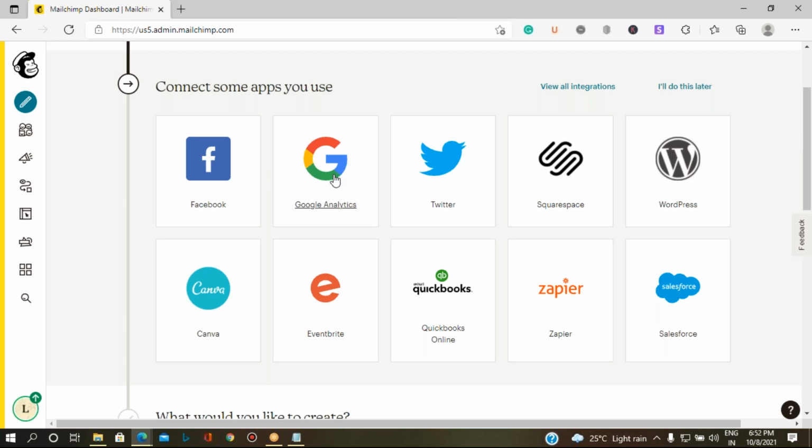Okay, so you can integrate it with this app so that whenever you use this app and make use of the post, or any kind of events you create, it is automatically going to send a mail to all your audiences who are linked through this app. Okay, so as of now, let's not connect it with this. We'll select the option I'll do this later.